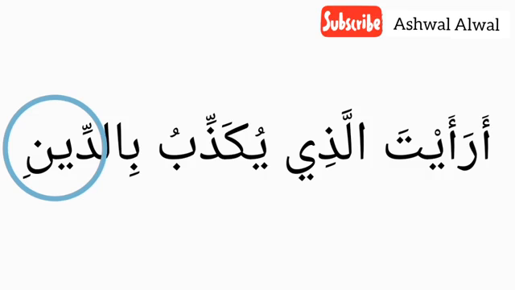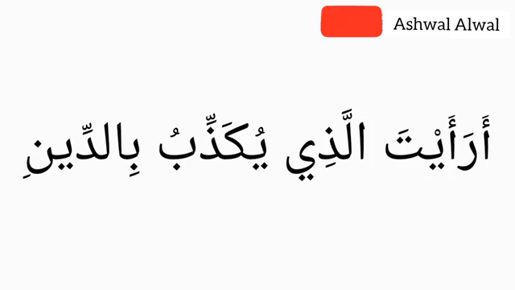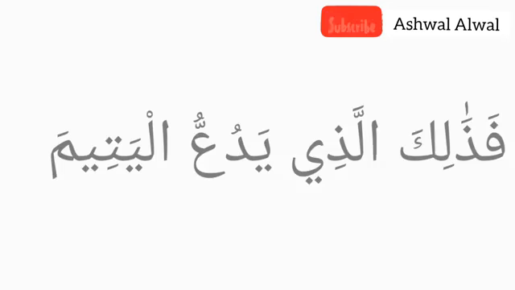Deen. The ya there without a diacritic, that is without a fatha, kasra, damma, fatatain, kasratain, or whatever on top or under it, it means it is a mud del ya. It is there for just elongation. Bidin, we would have said bidin, but that is the function there for elongation. أرأيت الذي يكذب بالدين